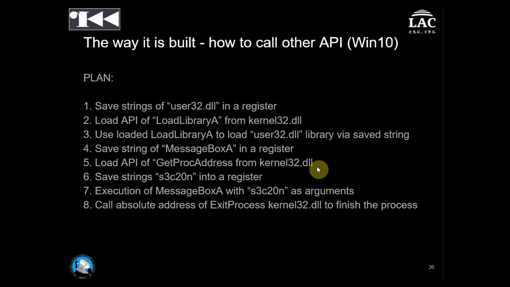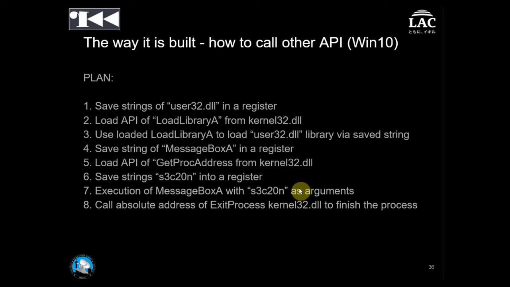And inside of kernel32.dll, it has the API LoadLibraryA, and then you can use LoadLibraryA to load user32.dll, using that with manipulations of the registers, and then afterward you can invoke MessageBoxA with GetProcAddress, to get user32.dll's API MessageBoxA, and then afterwards